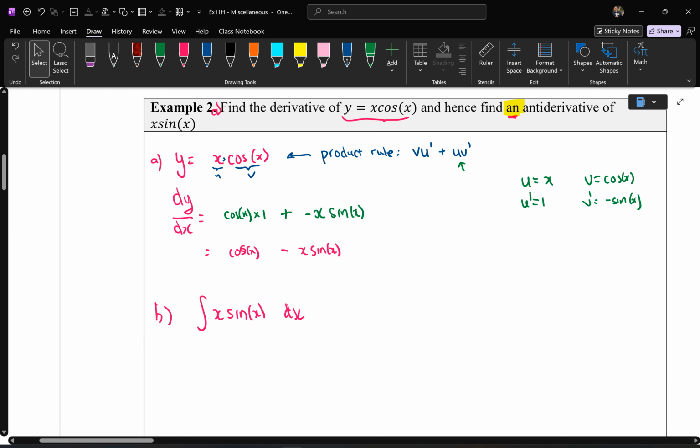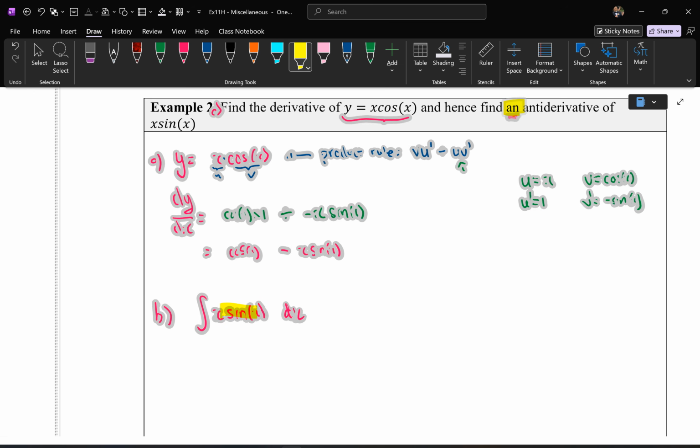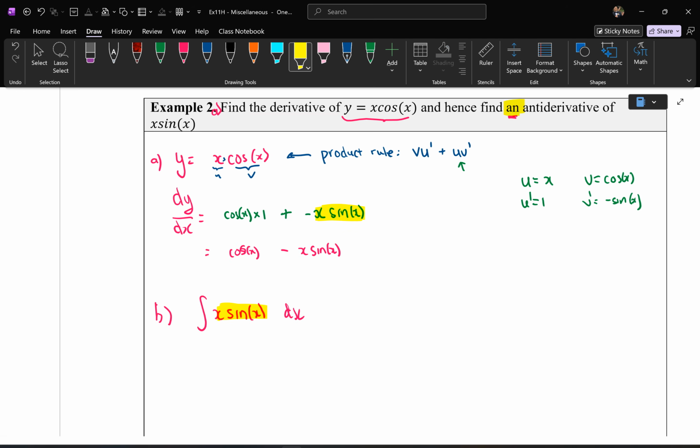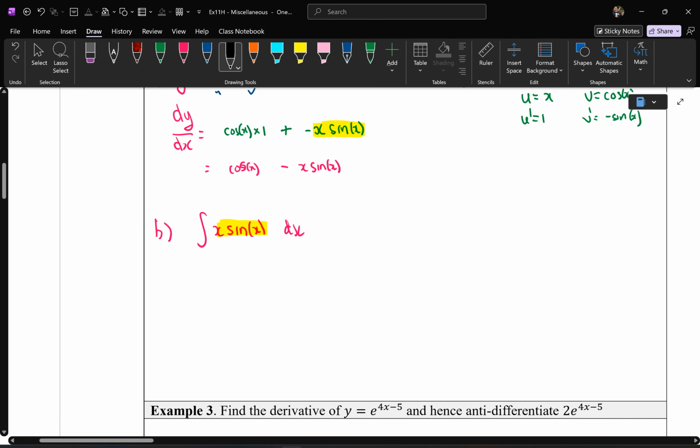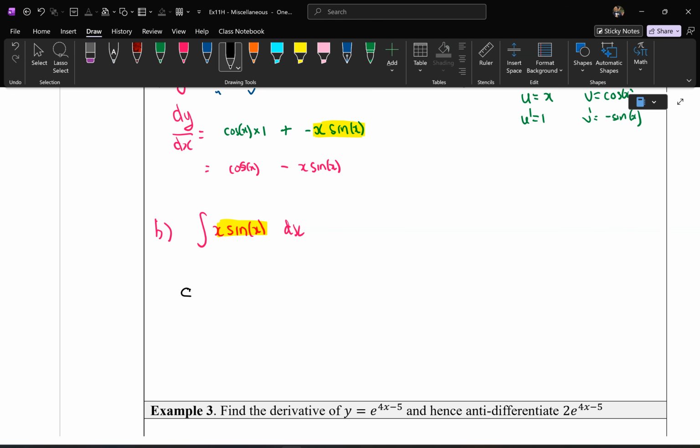Reason is because part of your solution in part A has what you want. So you want this, x times sine of x. This has x times sine of x. So what we know in terms of properties is that if you found the antiderivative of the derivative, so here's your derivative, delta y delta x,